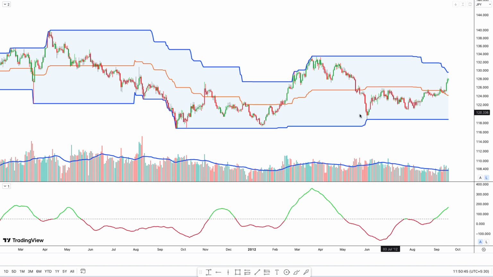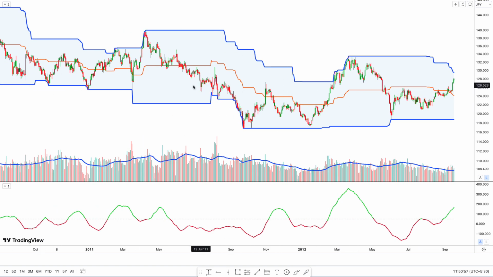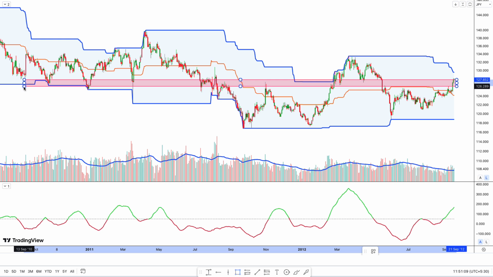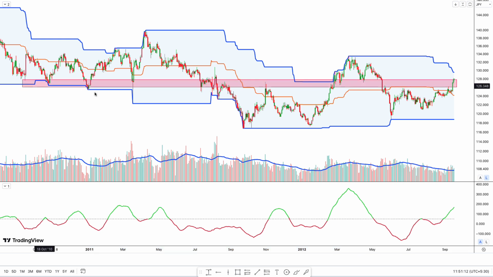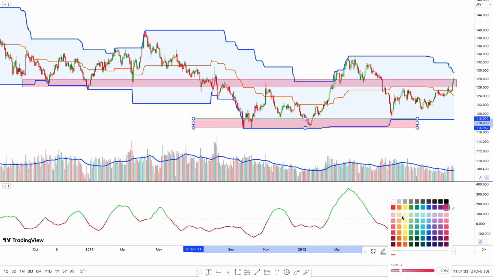In this case, we can see the following. First, we can see that both a support and resistance zone were created here. Let's first mark the support zone to make it more visible. To do this, we will be using the box tool on the left toolbar. Let's mark the resistance zone. Now that we have marked both zones, we can analyze the price